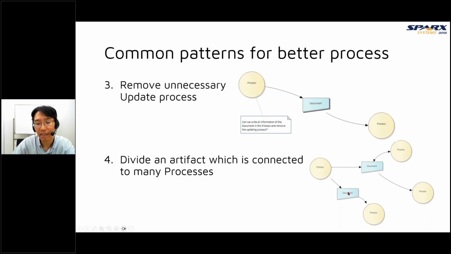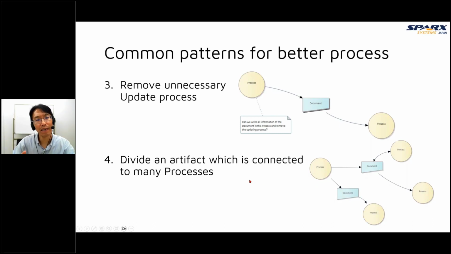By dividing, this process doesn't need to wait for this updating process, because this document is not updated by other processes. So this process can be started just after creating this document. And we can start these processes concurrently by dividing documents.